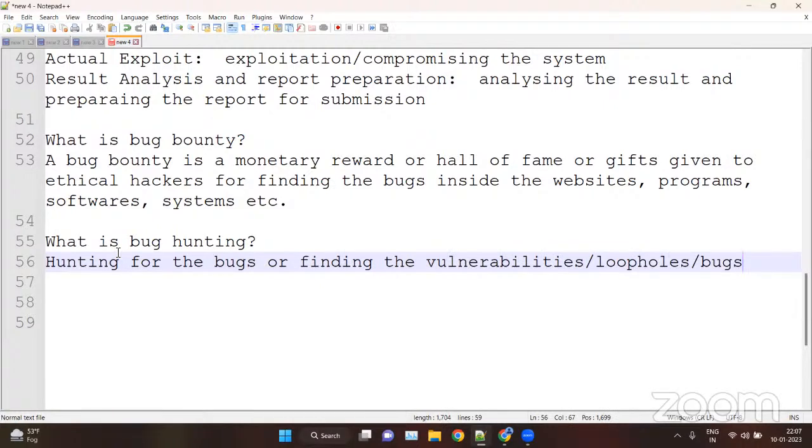That is bug hunting. So bug hunting is the actual process, and bug bounty is the reward. So don't get confused. It is a reward, and it is our actual process behind that reward.